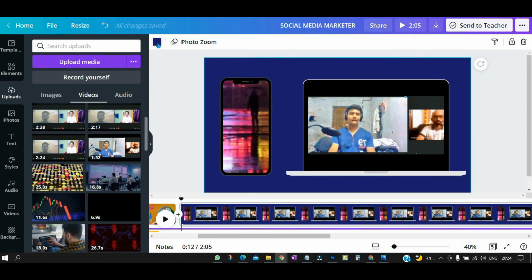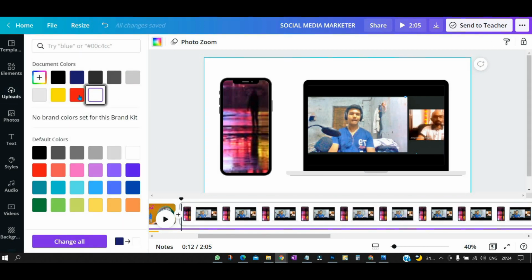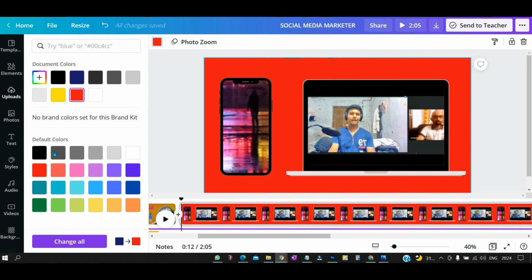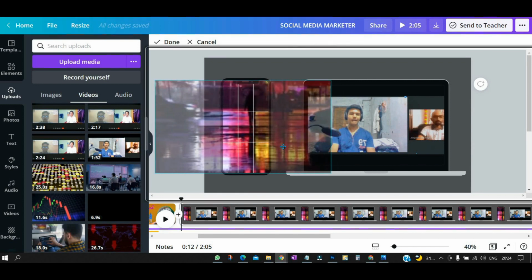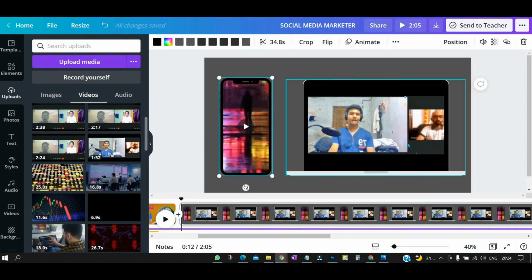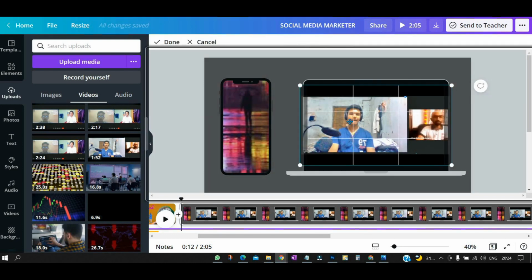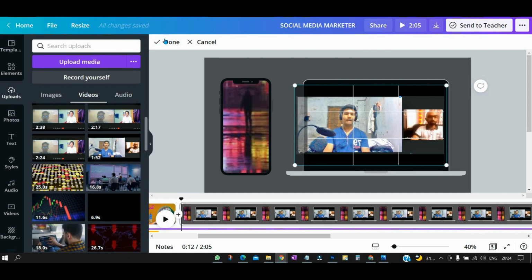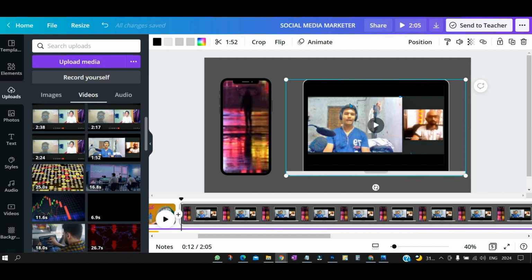I can change the background, so you can change the background color right over here. Let me put it to gray, so it looks better. And you can add the text right over here, and these two videos will play simultaneously. You don't have to worry about that. This video also will be played, and if you want to change the position of this, just double click on it, and you can just click the position in this way. And this is better. You can just click on the done option, and this is also looking better. You can also change the position right over here, and I will just make it to the left and click on the done option.